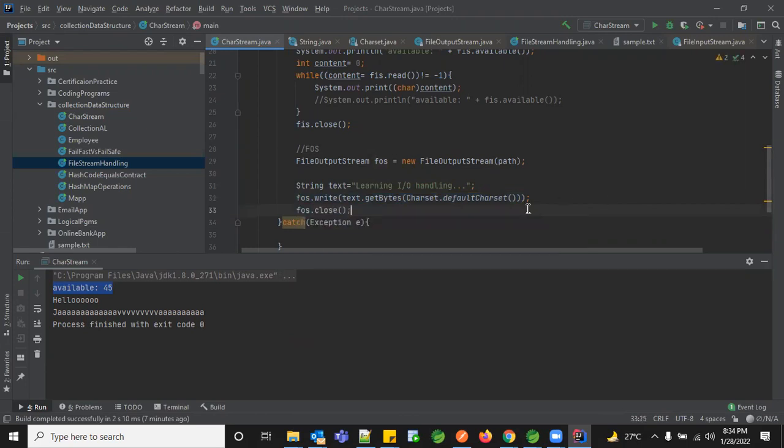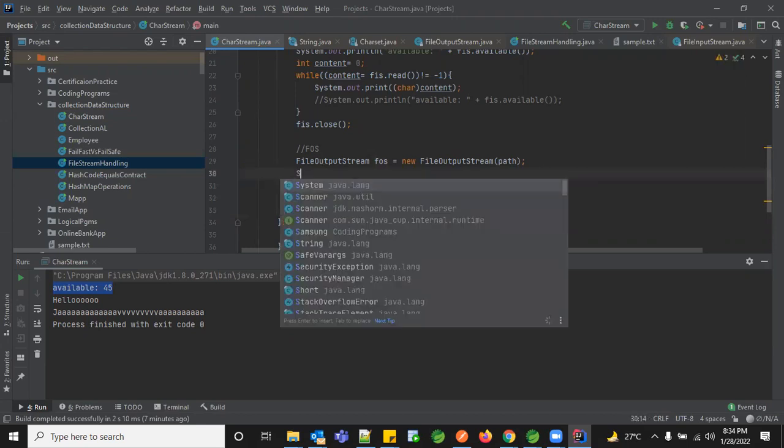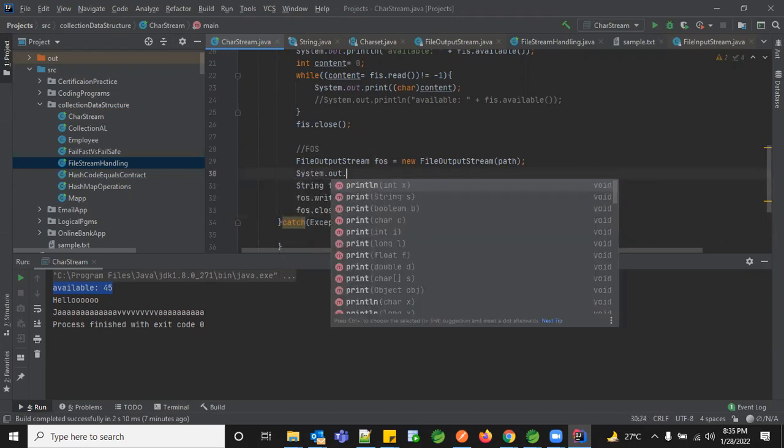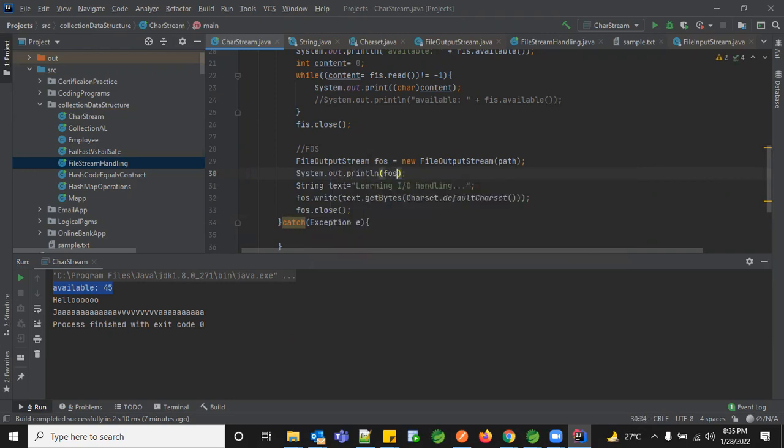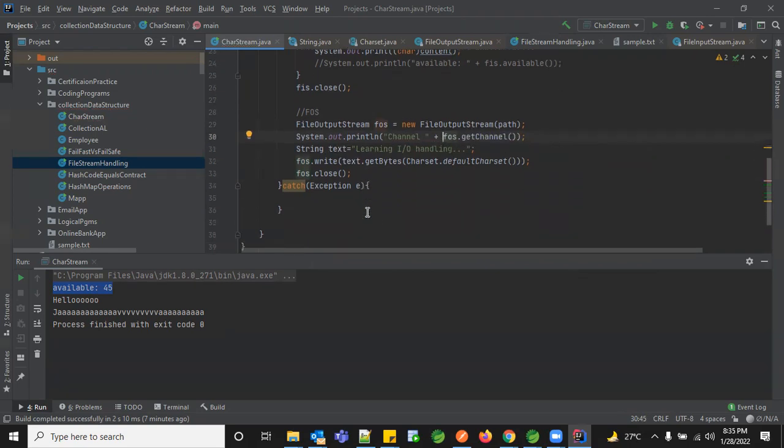Yeah. So before doing that, let's see what this channel is giving us. What is the data it is giving us through this object? If you see, this particular channel is obtained from Sun.